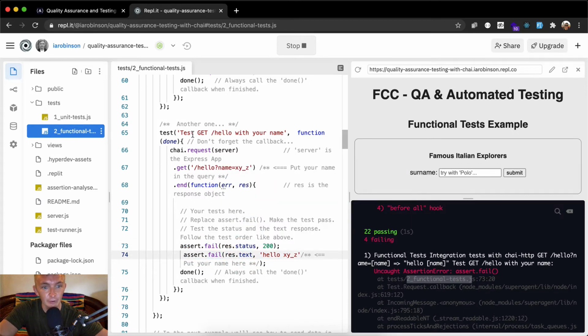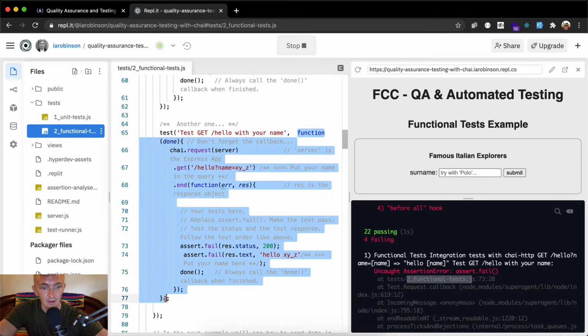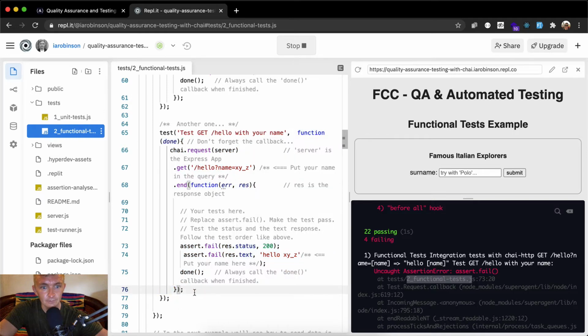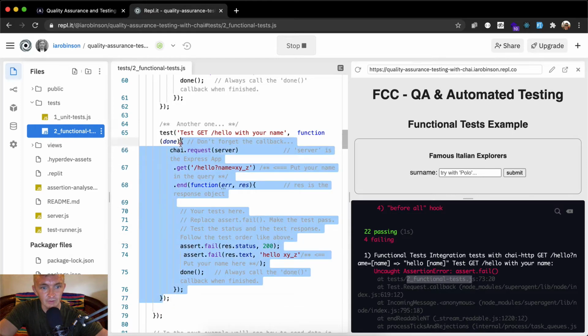So yeah, what we're doing now is we're saying chai. So we're passing a callback function to our test. Yeah, this guy. Oh no, that's this one. Okay, so you see that this parenthesis starts here, and so this is the end of this function right here. And so our callback function,